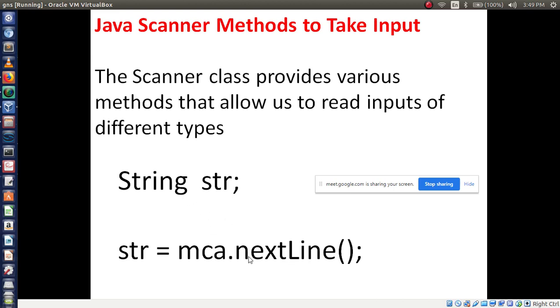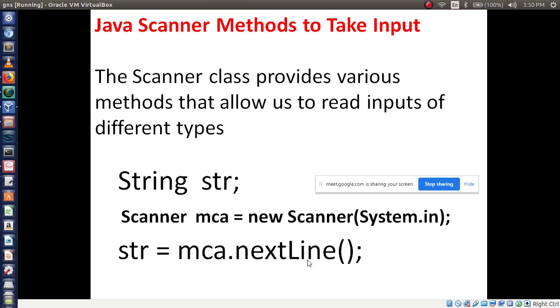Here you have to understand from this slide: you have created one object, that is MCA dot. Here you have to use methods, different kinds of methods available in the Scanner class. I told you the nextLine method is responsible for strings, it reads a line of characters. So see here, Scanner MCA is equal to new Scanner System.in.